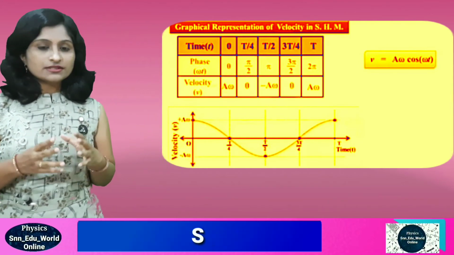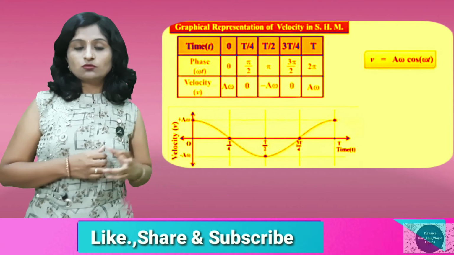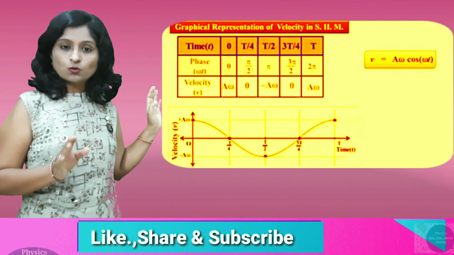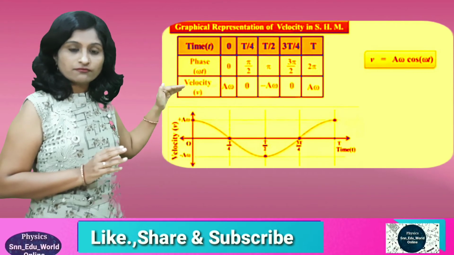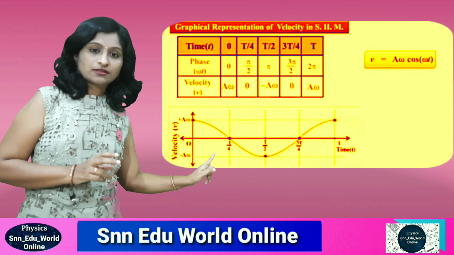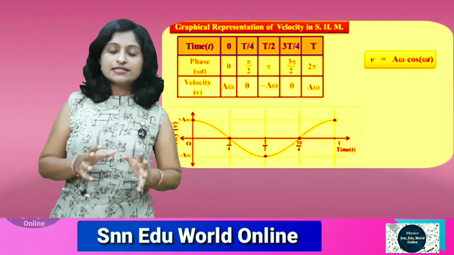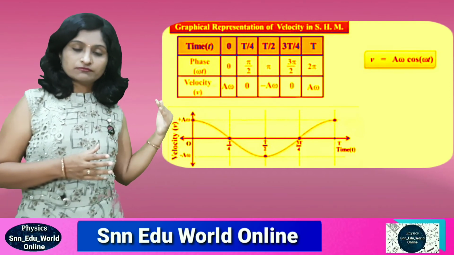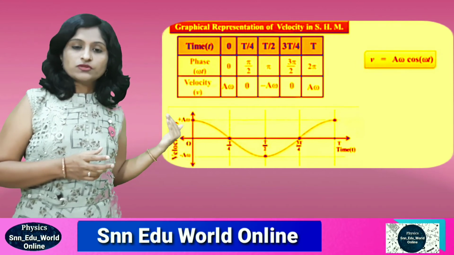Now again if we plot in a similar manner as with the displacement, the graph of the velocity with respect to time t, we are getting the starting point a omega, meaning it will not start from the origin. It will start from the upper point of the graph on the y-axis, a omega, then 0, then lower, minus a omega, then 0. And if we join these points, we will get a smooth curve. This curve is called a cosine curve. The particle always starts from the mean position, having the velocity in the form of a cosine curve.